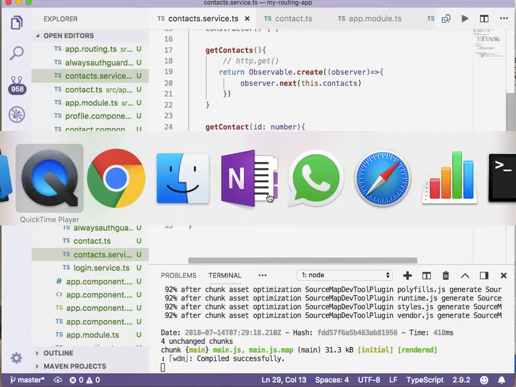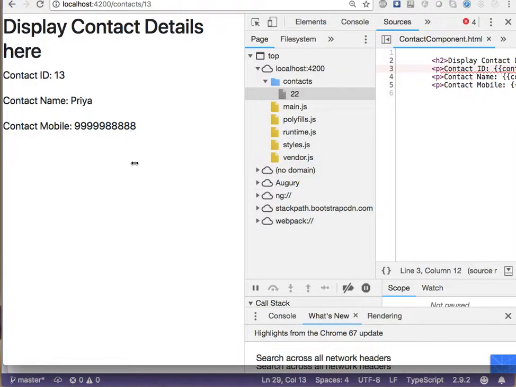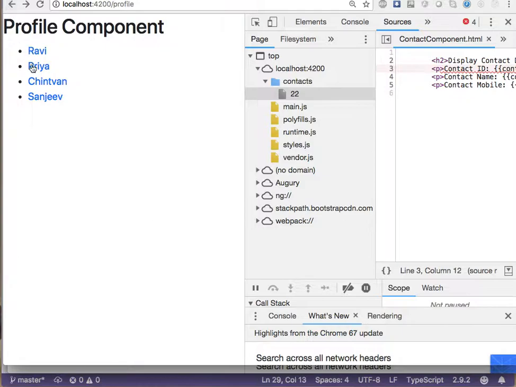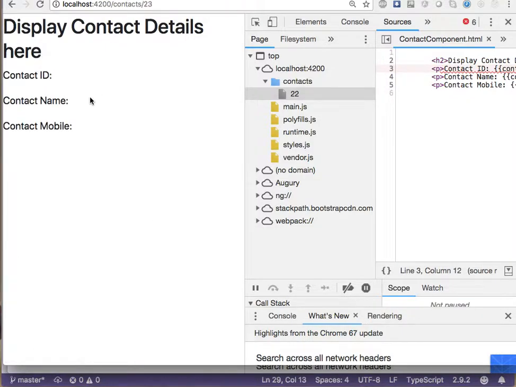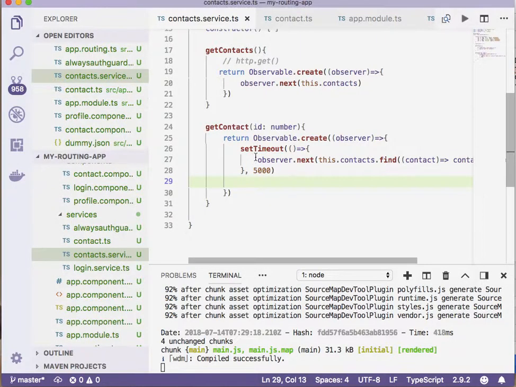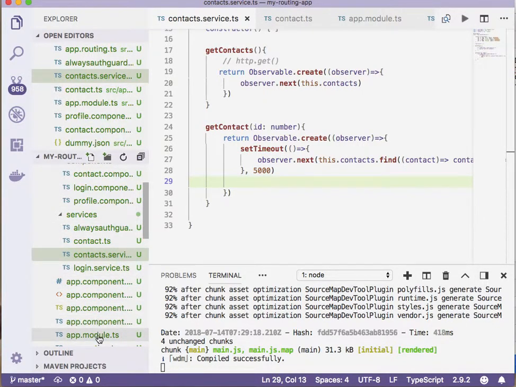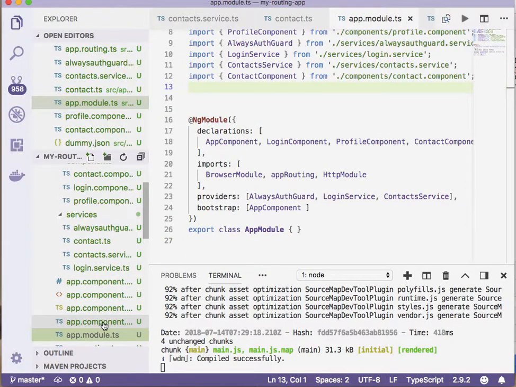So we just saw that clicking on the record takes time to populate the data, and that really gets us in a very awkward situation. So what I'll do is use resolve right here. It's a parameter available in routing, and what it really means as far as routing is concerned is,